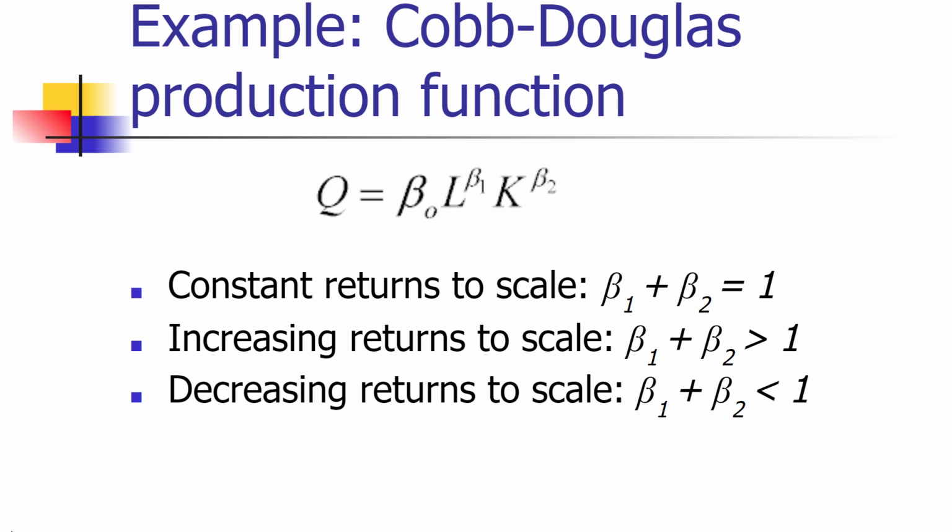As you might guess, this is a case where we can use a Wald test to test for the linear restriction imposed by constant returns to scale. And if we cannot reject the null hypothesis that beta 1 plus beta 2 equals 1, that would suggest that we can't reject the possibility of constant returns to scale. So this is just one example of how we use log functions in econometrics, and we'll see many examples of this throughout the rest of the course.